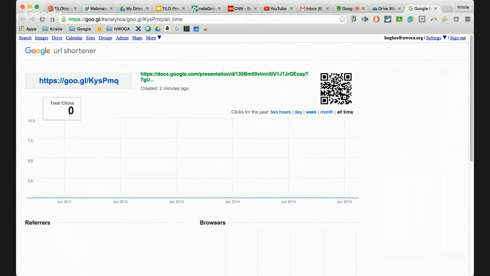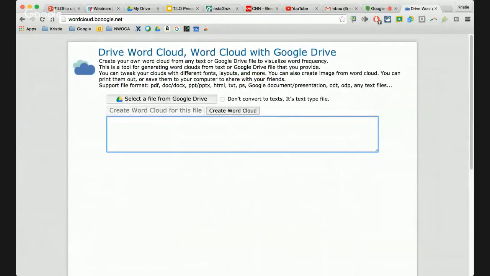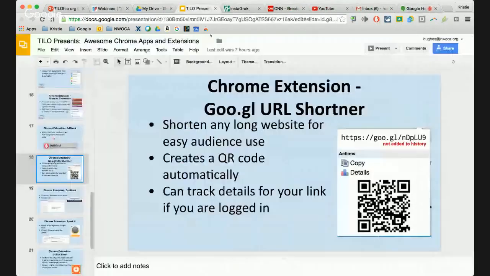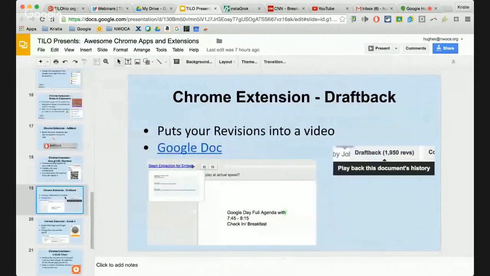So that way you can make sure that people are using it and really promote all that hard work that you've done. So that's a really nice thing about the Google URL shortener as well. So I'll go ahead and hop back over to my presentation here, and I'll go on to the next one,